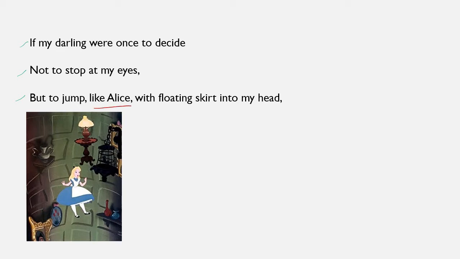The poet talks of Alice, and this reference basically comes from Alice in Wonderland. This is a story of a young girl named Alice. It is a fictional story written by